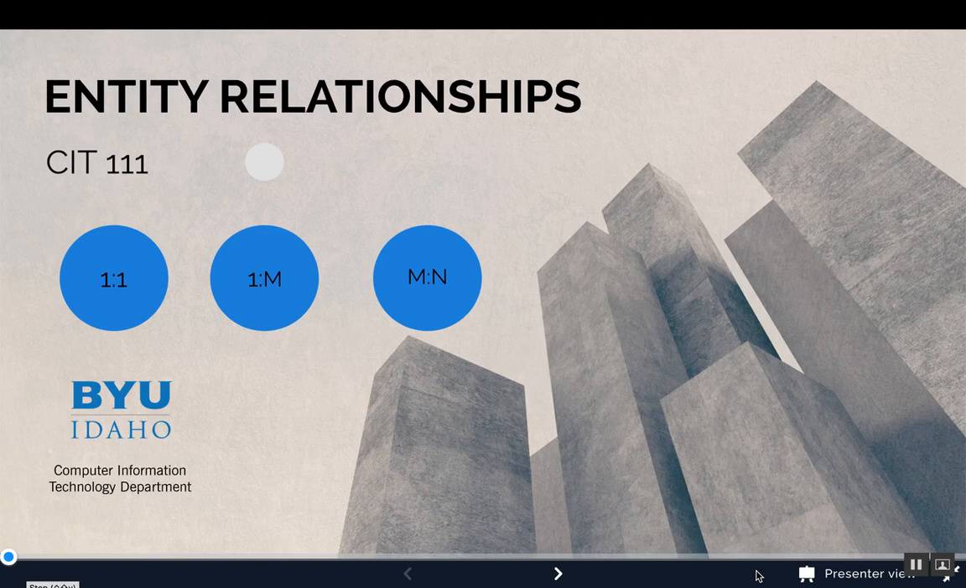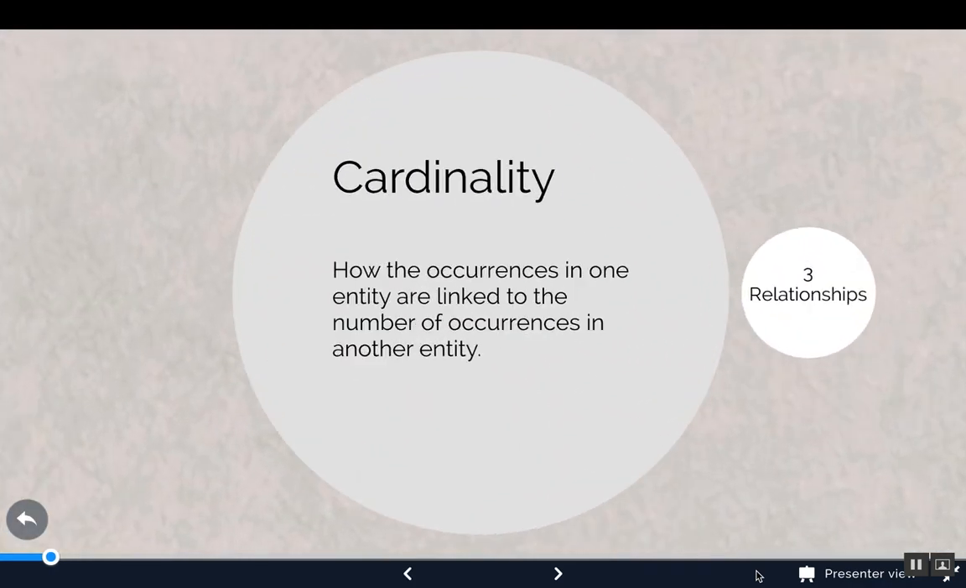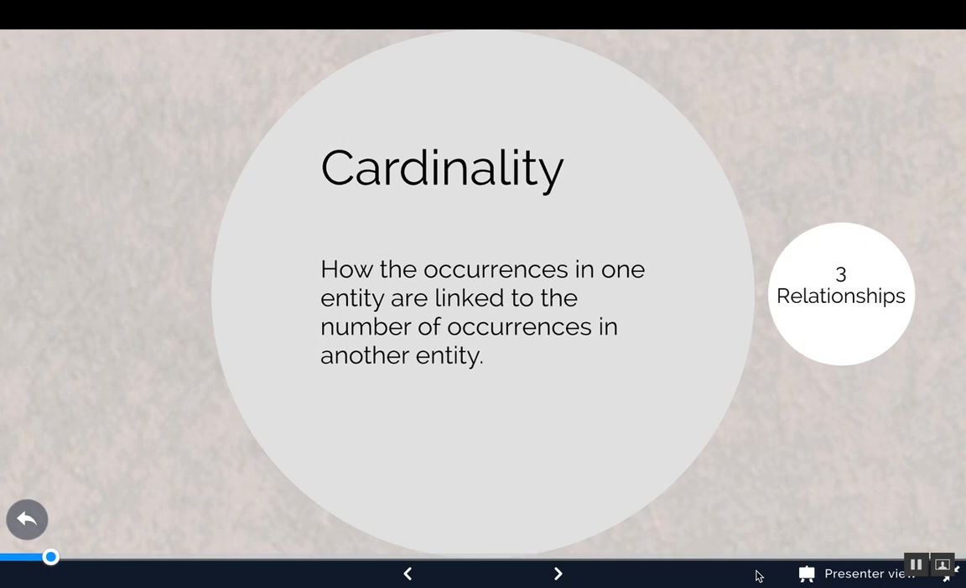Different tables in our database represent different entities, such as customers, departments, employees, products, invoices, and so forth. When we design our database, we need to know how these entities relate to each other. Sometimes the word cardinality is used to describe the different types of relationships that can occur between these entities or